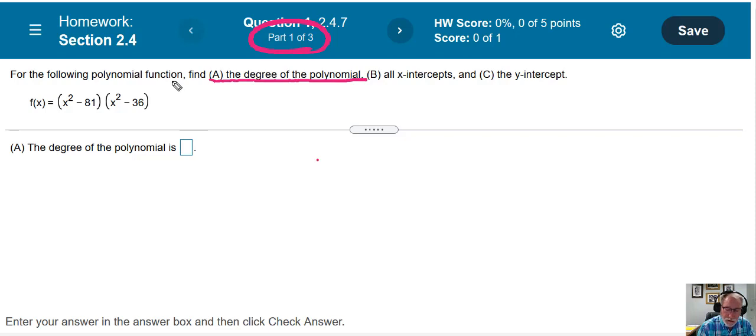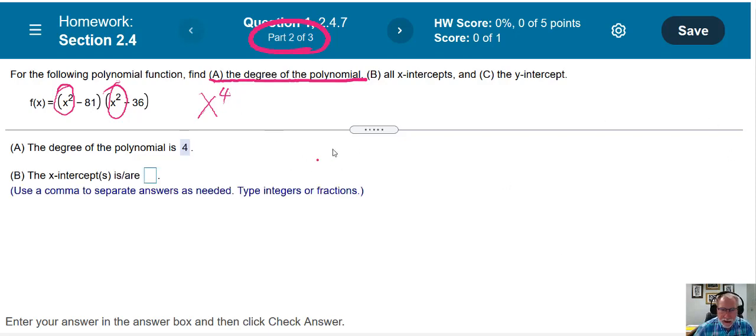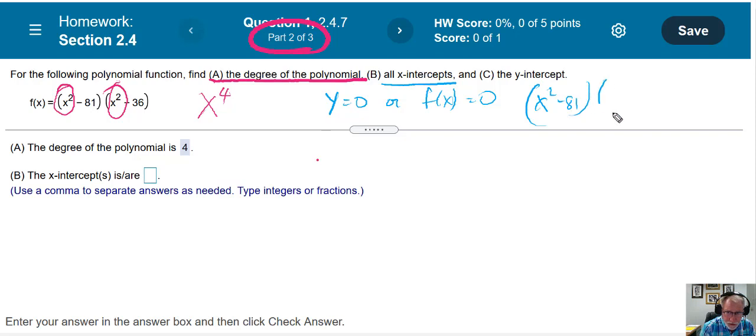So the degree of this polynomial comes from multiplying the 2 x squareds together. This would be a 4th degree polynomial. To find the x-intercepts, we need y, or f of x, to be 0. So we need x squared minus 81 times x squared minus 36